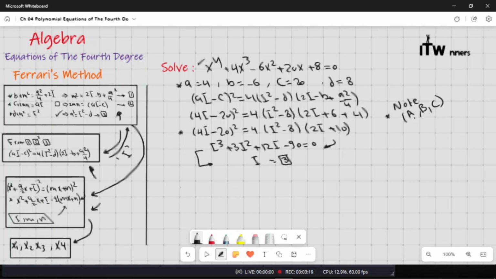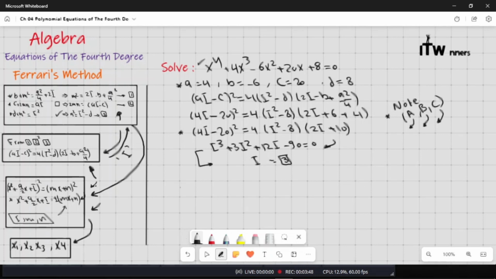Okay, we can substitute with a, we can substitute with b, we can substitute with c. Okay, and for the resulting value of m, n,